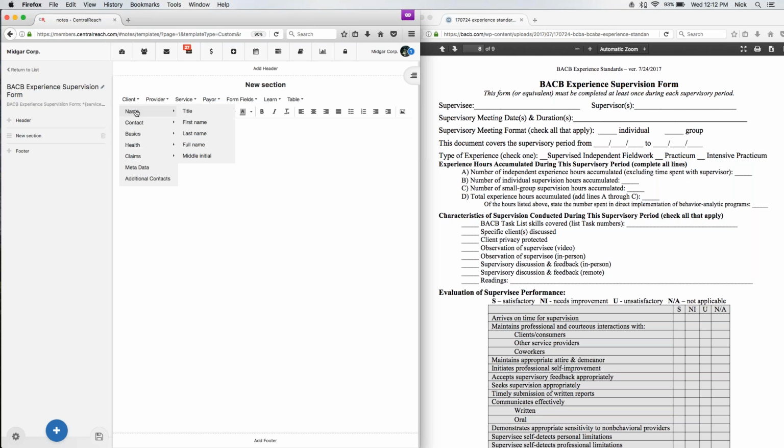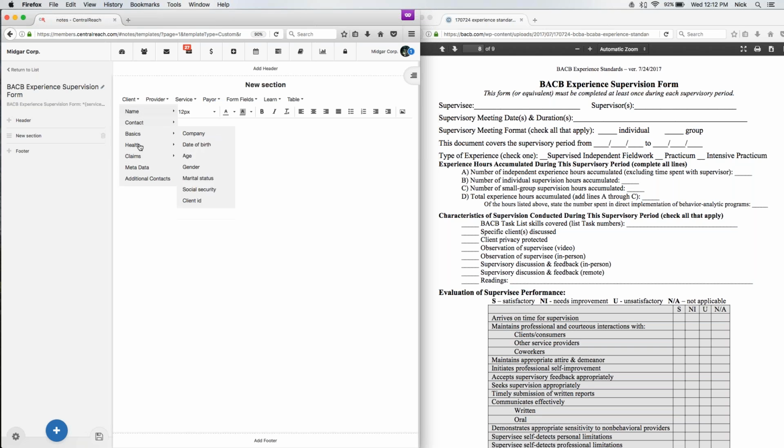So whether or not you want to know the client's first name, last name, or middle initial, dropping this in automatically, any contact information related to who they are. So who is that contact that you have listed? Perhaps this is the first parent, or even the guardian, and pulling in their address. We have basic information, whether it's a date of birth or an age of your client, anything in our health record. We have claims, so pulling in the diagnosis and identifiers, and then metadata,